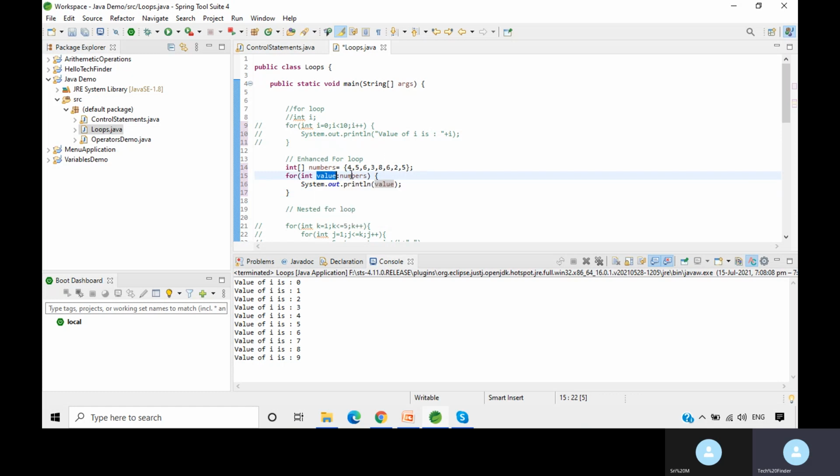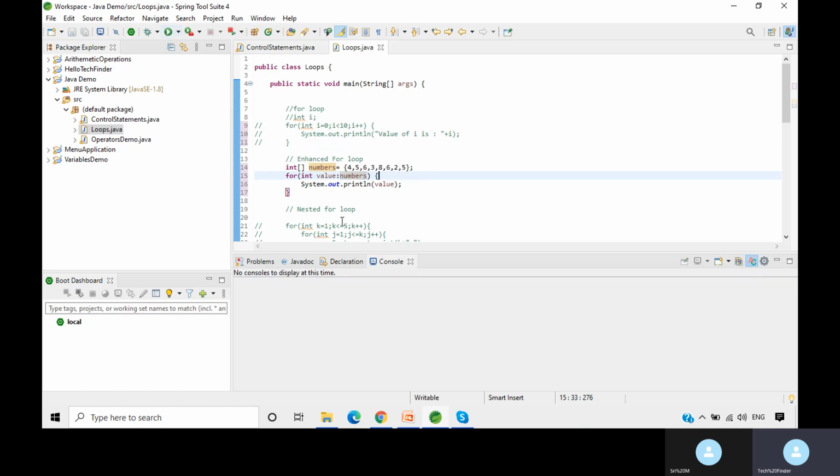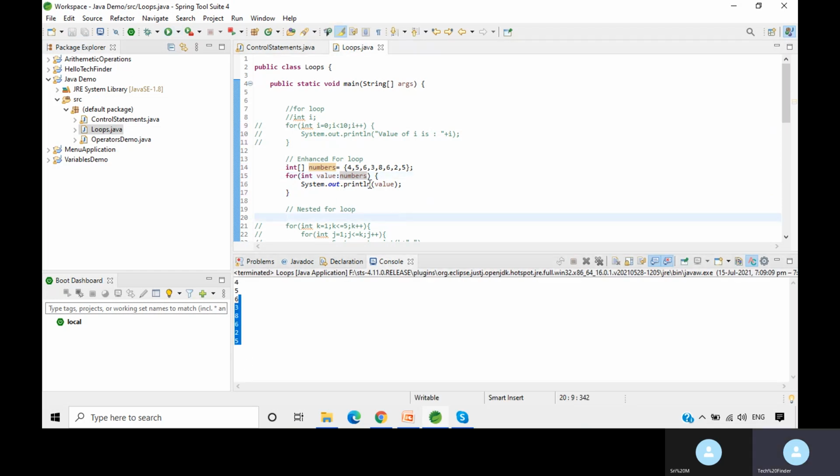Here I have taken it as value, and then the array name, from which array we are referencing. Then it will print all the values. See, every value is printed in a new line because of this println. If we use print, then it will print in a single row itself. If we want space, we can add it here, otherwise no need.